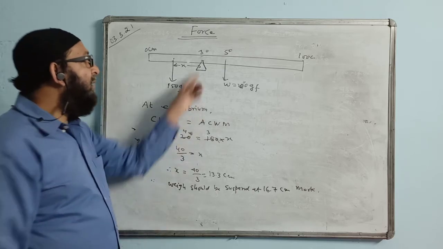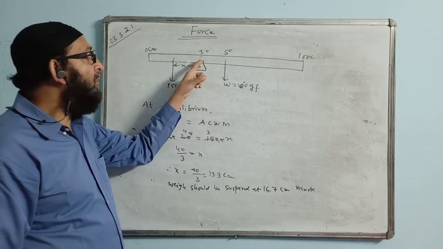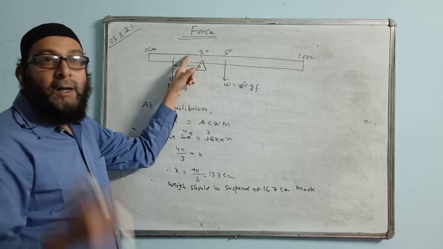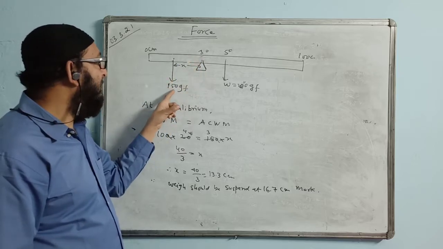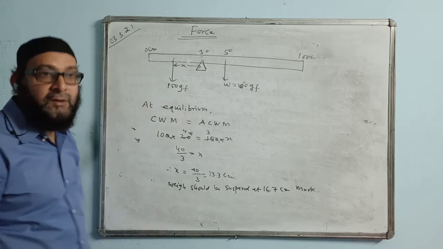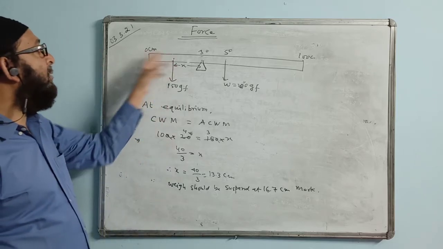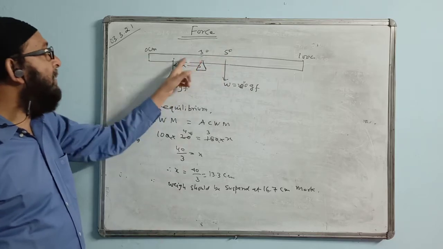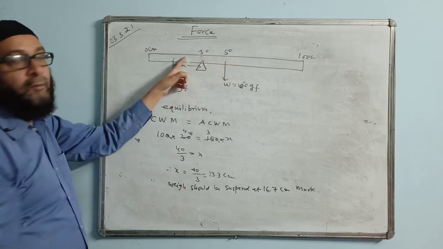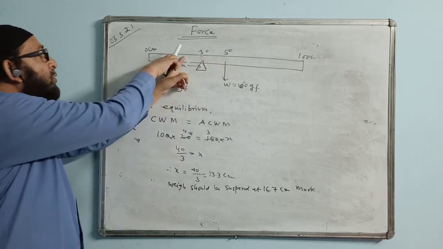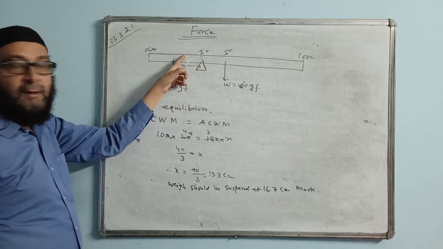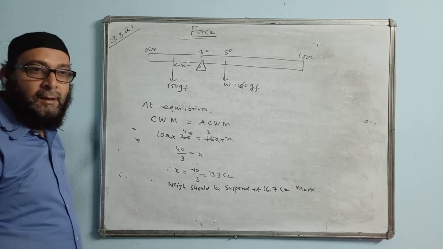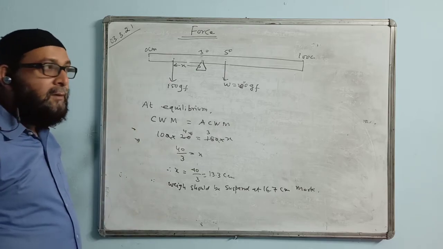The question says if the pivoted point, or the knife edge, is shifted towards the 150 GF, in what direction should you shift the 150 GF? Towards the 0 centimeter end or towards the 100 centimeter end? Which side will you shift? If the knife edge is coming here, from here the distance is increasing, no? Here also you have to increase the distance. That means it is moving towards which side, the 0 centimeter side or the 100 centimeter side? Which side? Then you have to write that only.